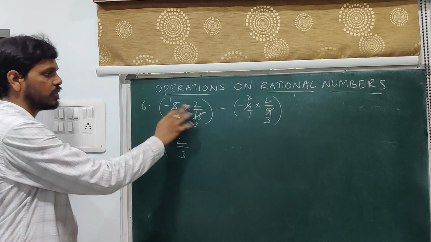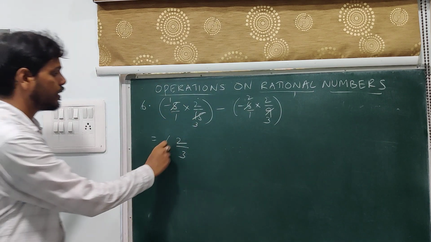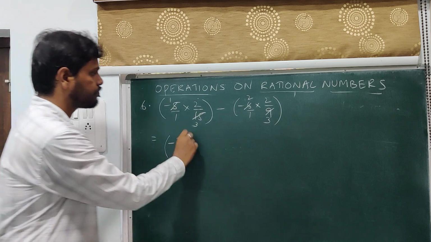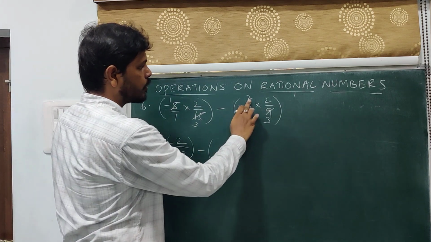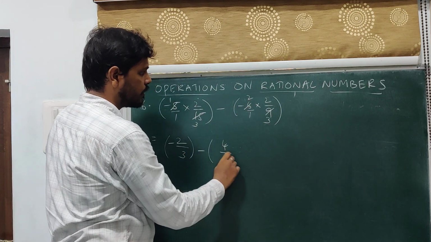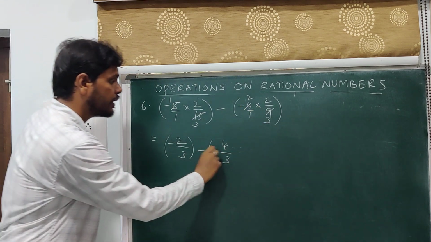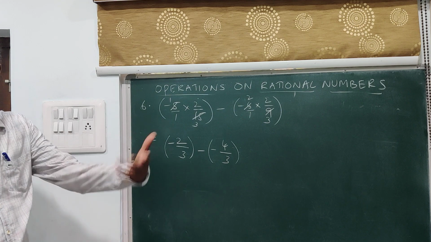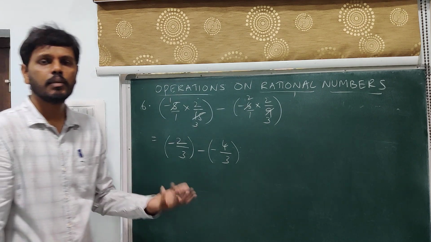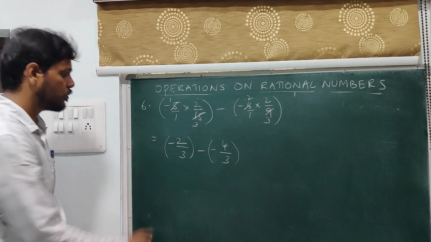This is minus, this is plus, positive, negative, different signs. So we will arrive at a negative number. Minus 2 2s are 4, 1 3s are 3, negative, positive. So different signs you will have a negative number. Same signs you will have a positive number. So that is what I am going about.